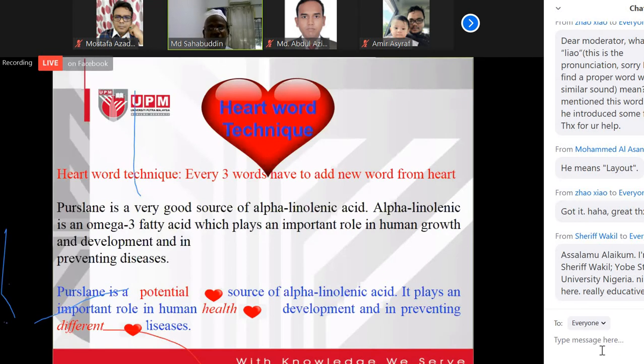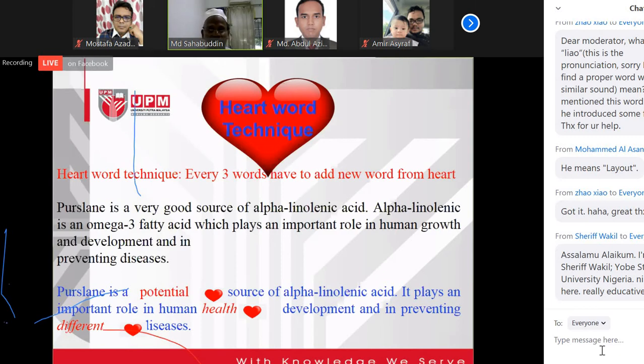Then you put in every 3 words a new word. Every 3 words, you need a new word. It will break the linkage between the 6 words, so automatically the plagiarism will be broken. So this technique we call the heart-word technique, because the source of your word is from the heart.